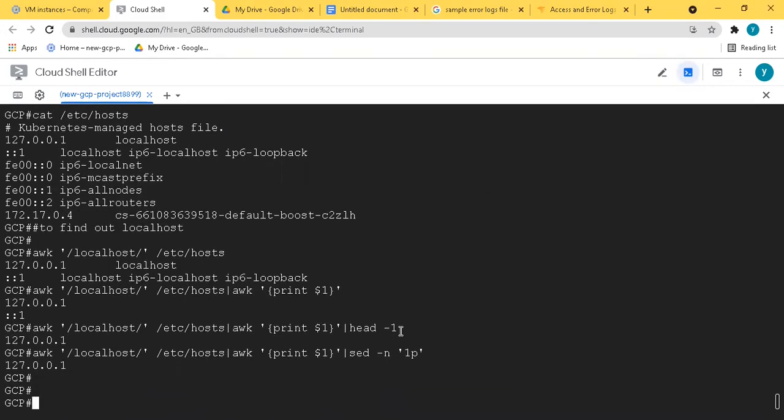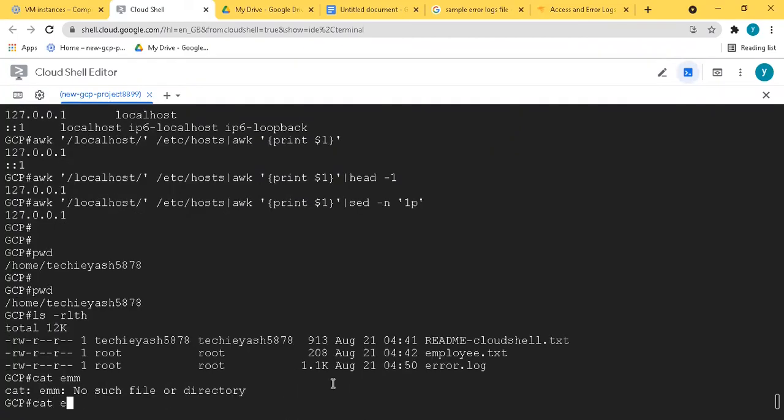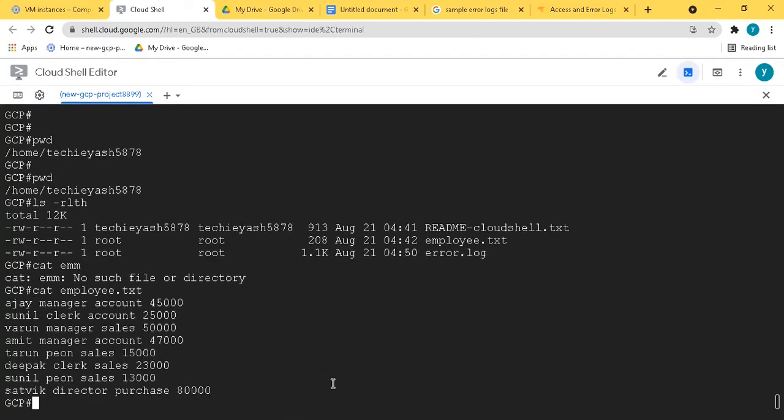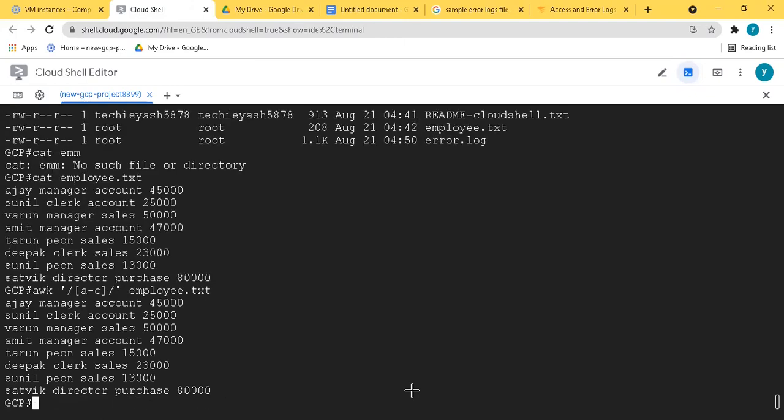So let me take that file again, or a new file. So this is a file, okay. We can also select based upon a character range, not exactly the pattern, but when we are not sure what the pattern should be. Let's say I mention here a comma, and then in the quotes I mention small a to z, although all are in small letters, but if I say only A to C, where will this pattern be coming? I think this will be coming in every line. Let's see what the output is here, and then employee. It is coming in every line. Any character between A, B, C, so it is everywhere.